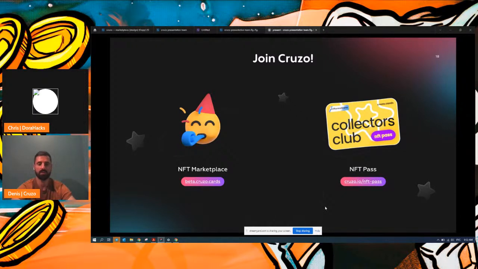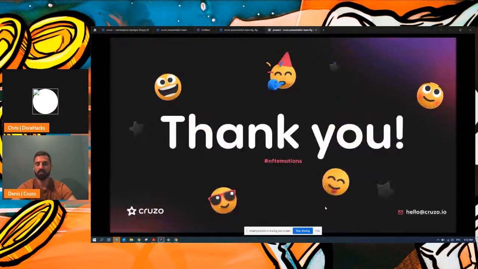So if you want to join the project at an early stage and get the maximum from the project, if you want to be an investor with a small amount, you can buy and mint this NFT pass. These are very limited VIP passes with supercharged benefits, so everybody is welcome to buy one. That's all from my side. Thank you very much, and I'm happy to answer questions.